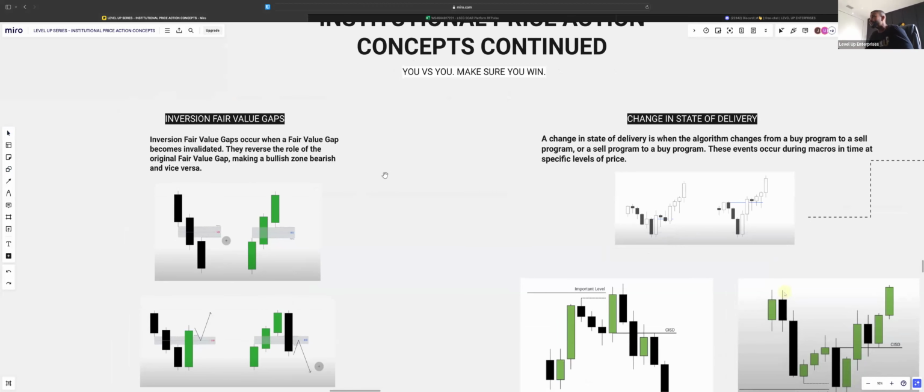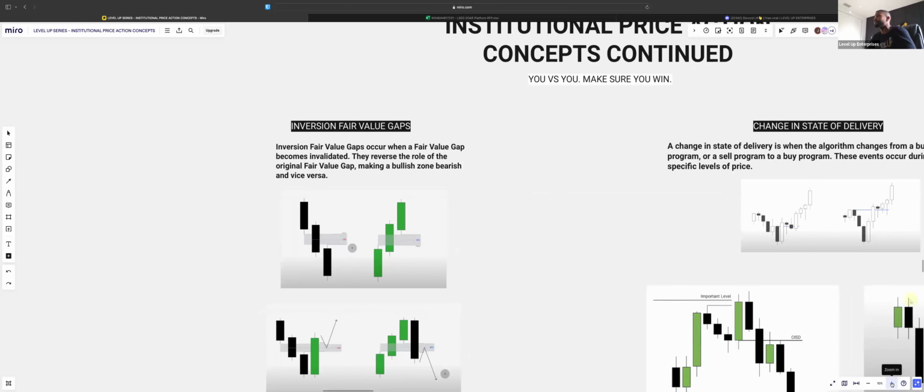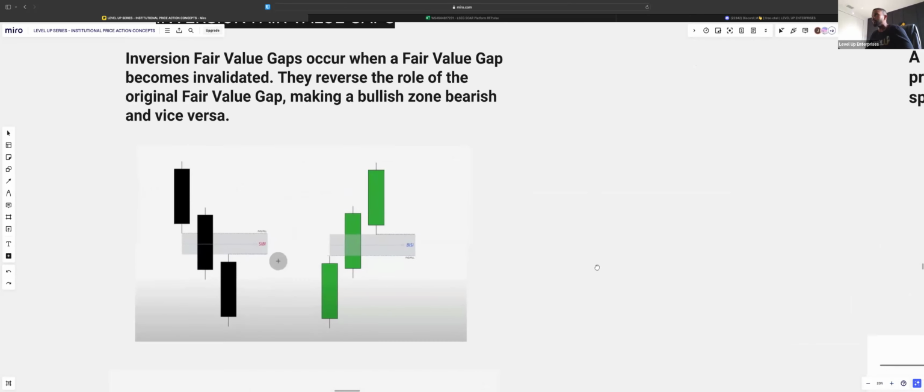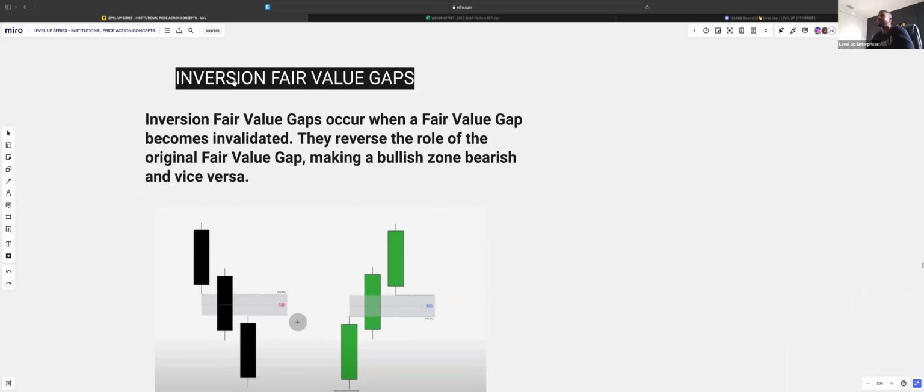So here we go. First, we're going to cover inversion fair value gaps, right? So before I even cover the definition of what makes an inversion fair value gap,